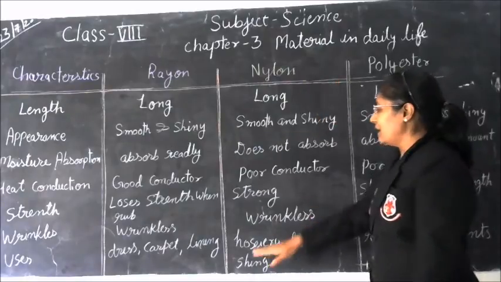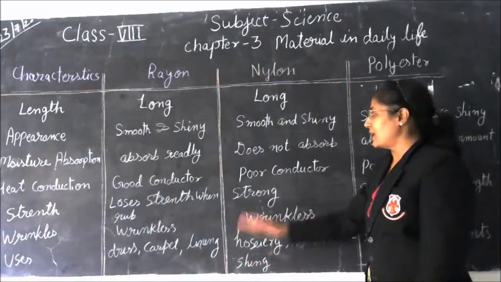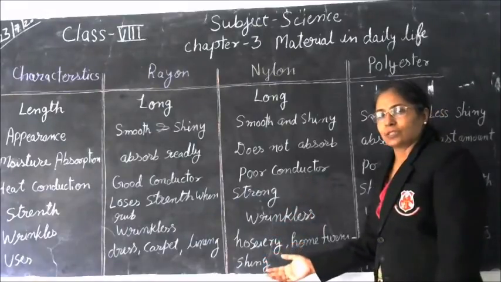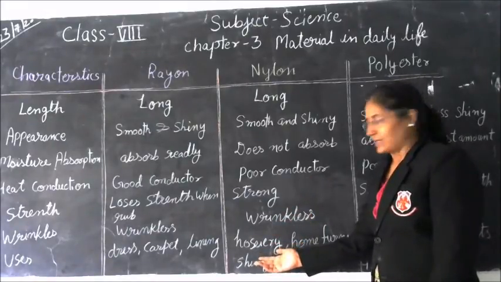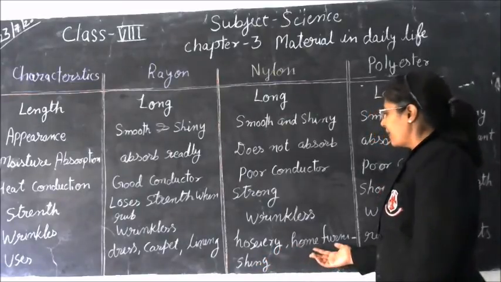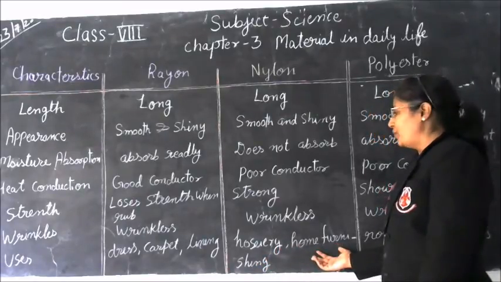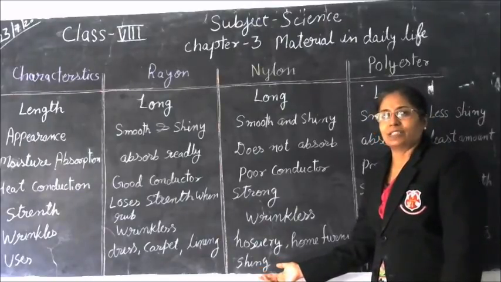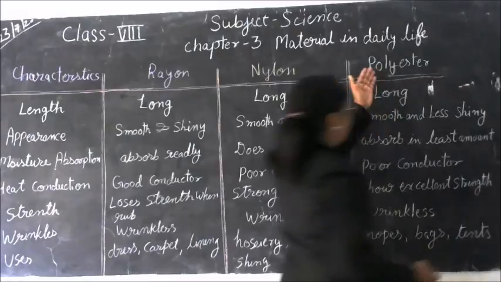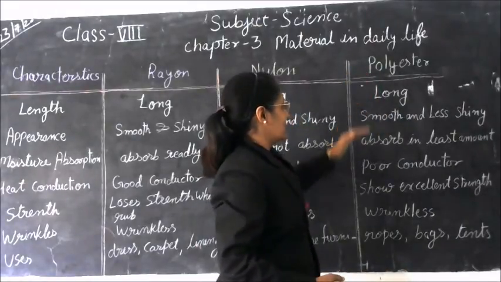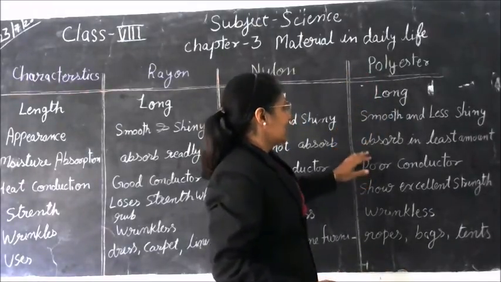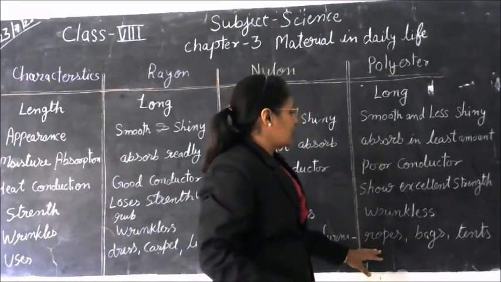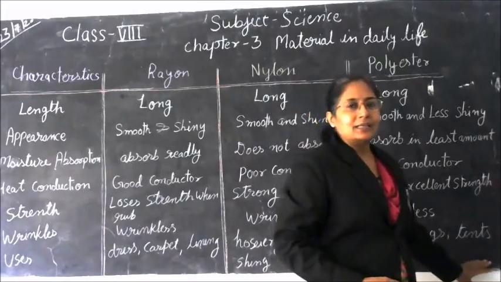Nylons are used in hosiery materials because they are having flexibility. So we are making socks and undergarments of this material. Then we are using this material in home furnishing, as we can make furnitures, pillow covers, bed sheets also. Now let us see the uses of polyester, as it is a very good strength fiber. We are using them in making ropes, bags, in making tents, fishing